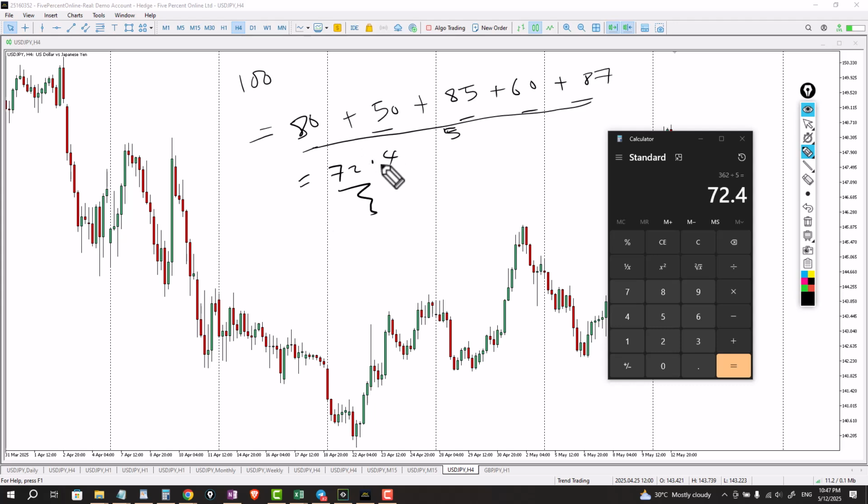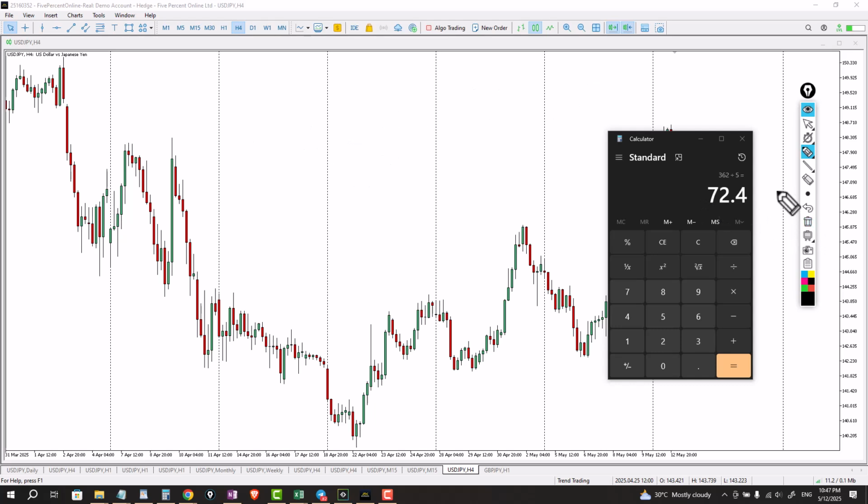Now, if you wanted to calculate the average of a price, okay, then you're going to need to know what price you are calculating in the first place. And then you follow the same steps we did here to calculate that average, assuming you're not using a trading platform and you're doing everything manually. And by the way, you don't need to do any of these calculations manually. I'm just doing them here to make you understand the logic behind these tools that we are using,